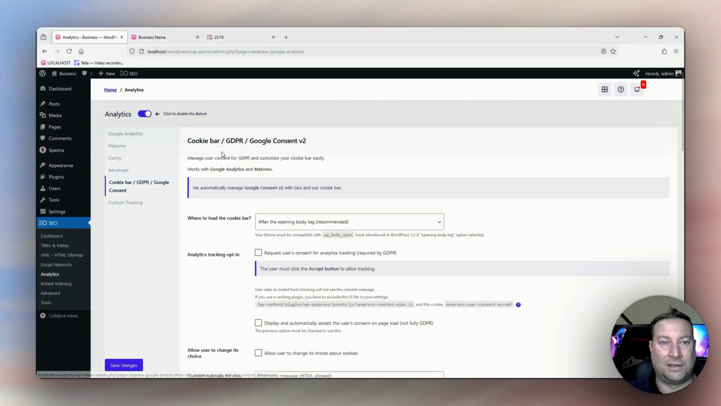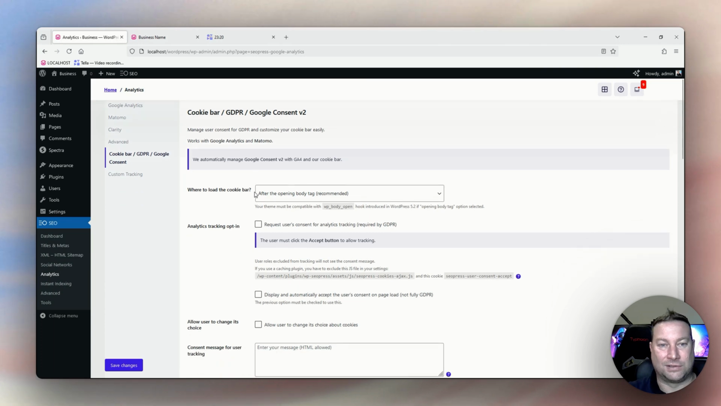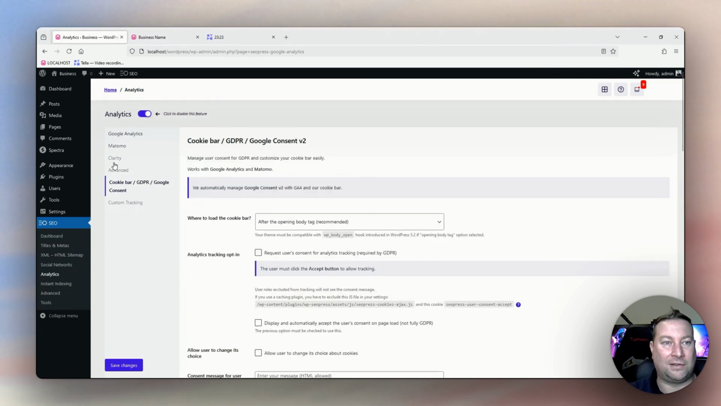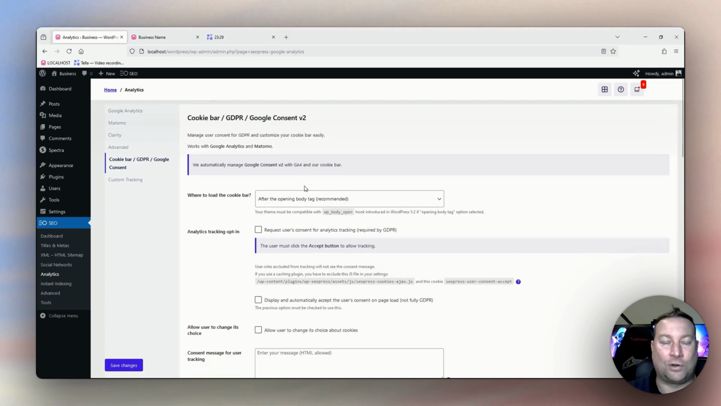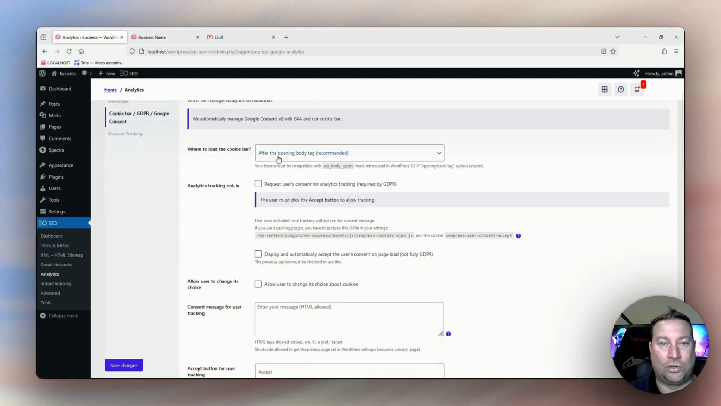And then the next one is the cookie bar and cookie consent. So this is where, if you're using any of these programs above, you'll need to have some sort of cookie consent notification on your website. With SEOPress, they have this as part and parcel of the plugin. So this is where you can set up the cookie bar,